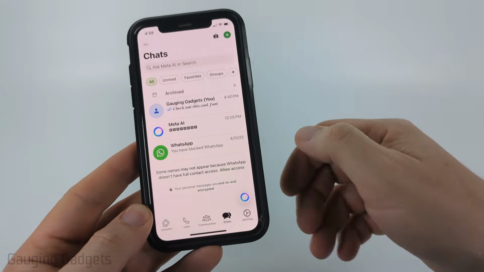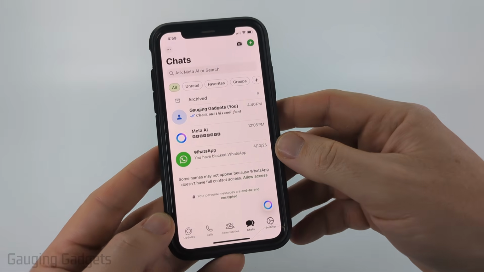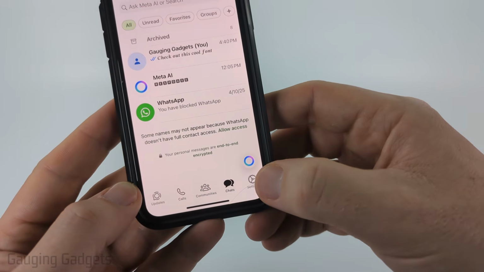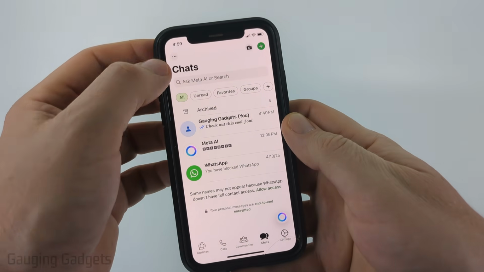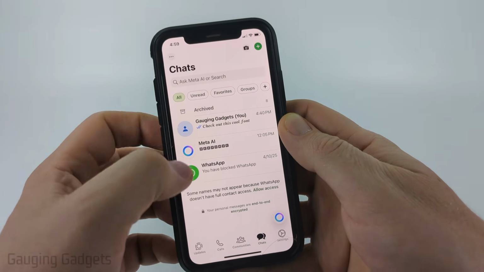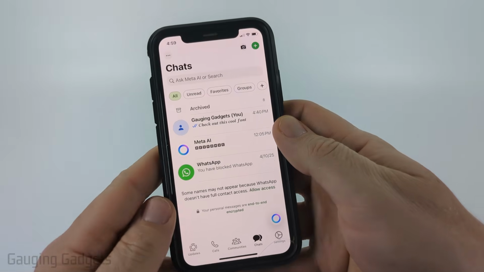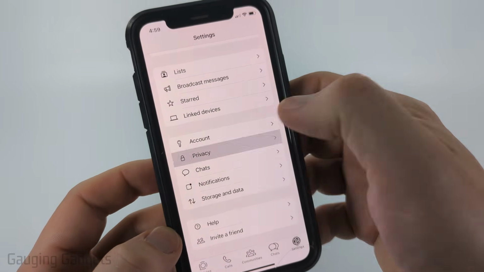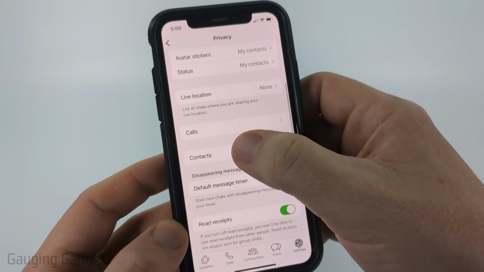Now, additionally, you can see a full list of everyone you've blocked on WhatsApp by opening up the settings. And on an iPhone, you open the settings by selecting settings in the bottom menu. On an Android phone, you simply expand the menu in the top left, and then you'll see settings in the menu, select settings. Once you get the settings open, to unblock someone, select privacy, then scroll down, go to contacts,